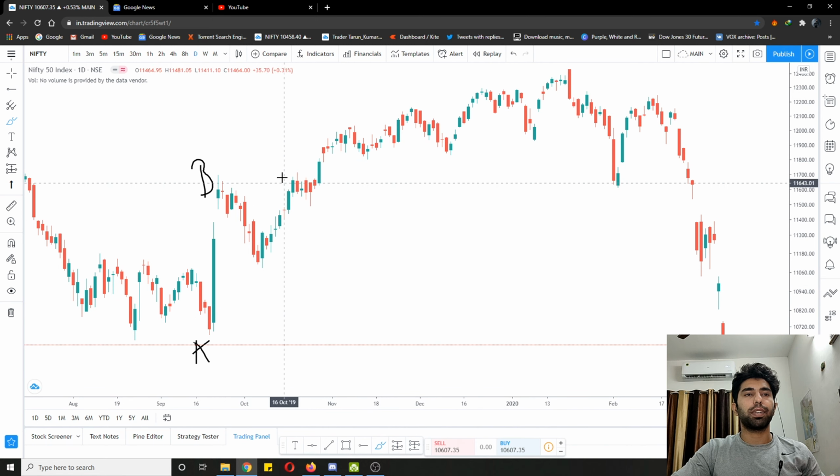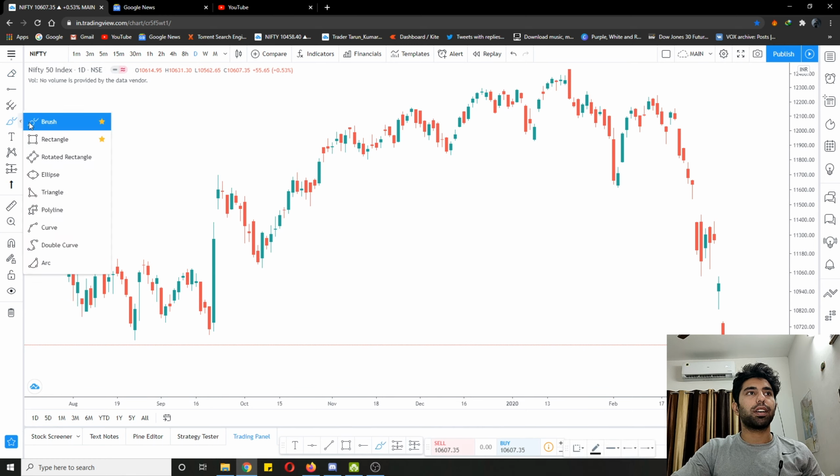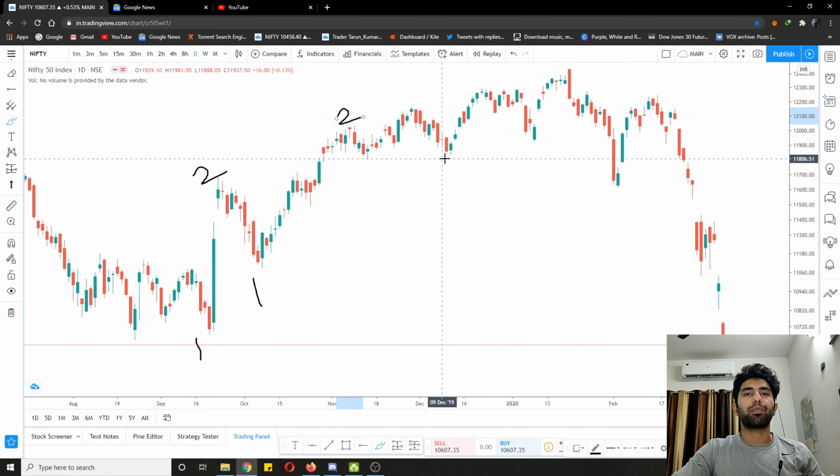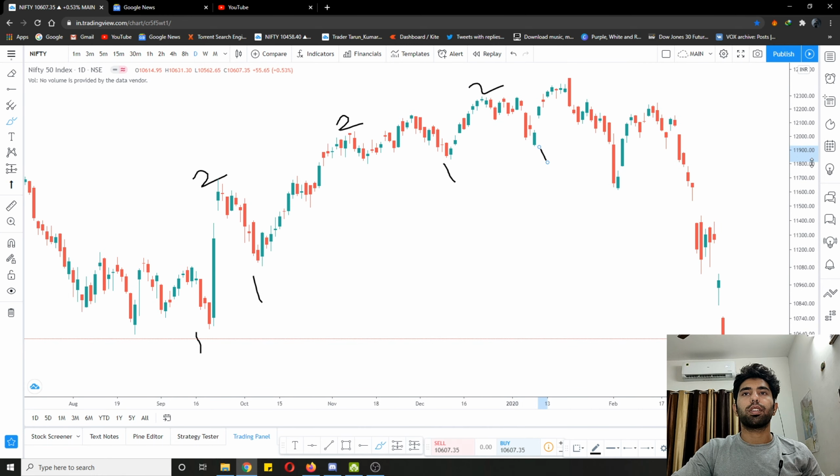We will mark it with something else, let's say 1 and 2s. So 1 would be the swing low, 2 will be the swing high. So 1, 2, 1, 2, then 1, 2, 1, 2, and this point here,